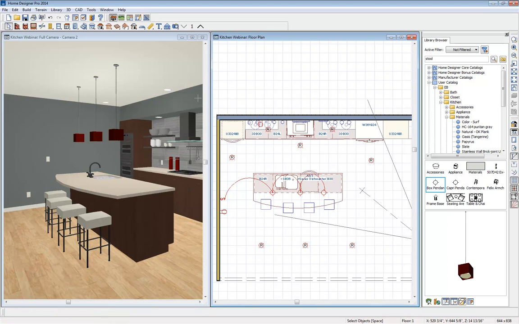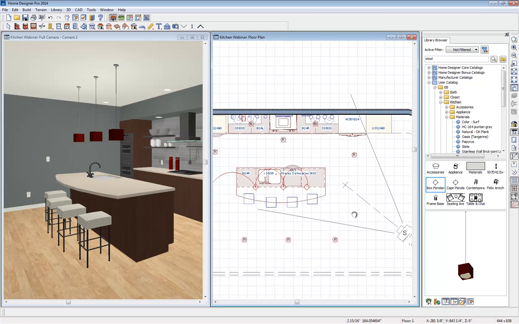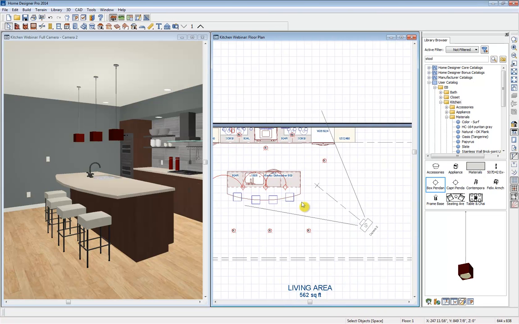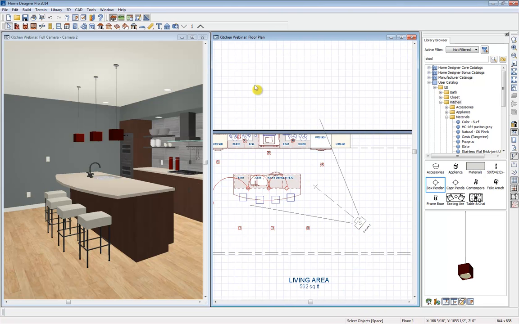Okay, so now that we have our kitchen completed, I'm going to drop in a few different architectural blocks. Let's actually create one before I drop them in. Let's make an architectural block with our island. So I'm just going to marquee around our entire island and select